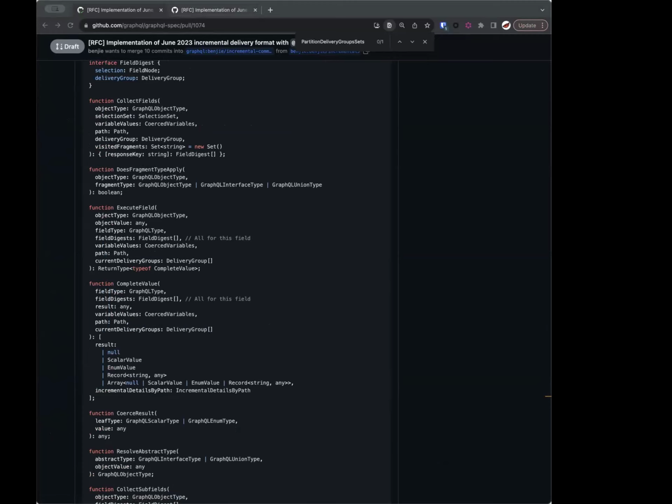Yeah, okay. As an implementation, you've got a lot of choices of when to do this. But I think it's complete value. Hang on just a second whilst I track through this. Yeah, when you do complete value, you split the result set into the stuff that you've executed now and the stuff that you're going to execute in future.